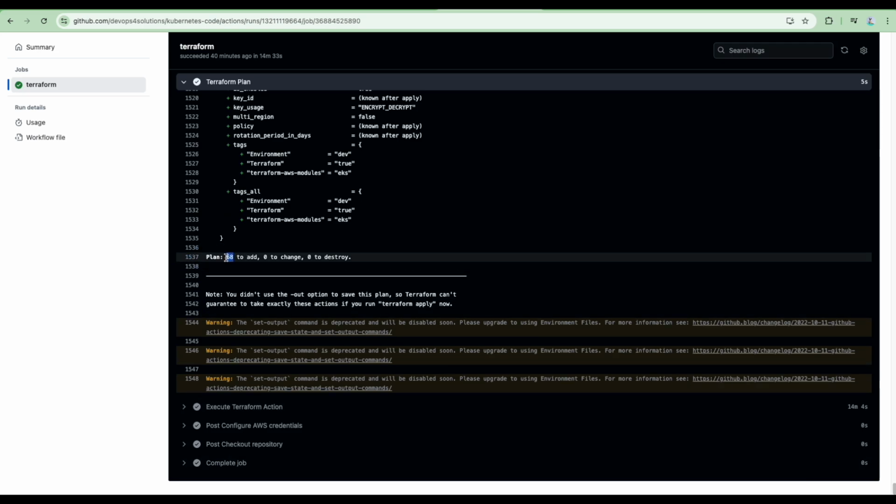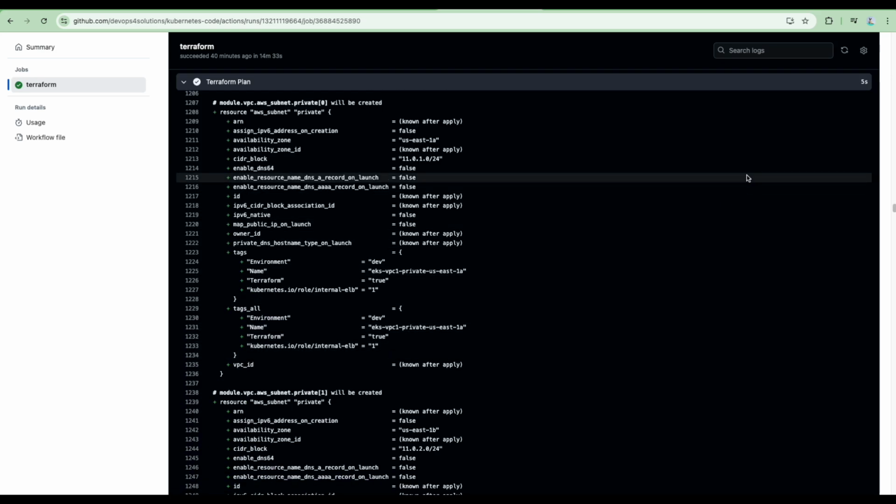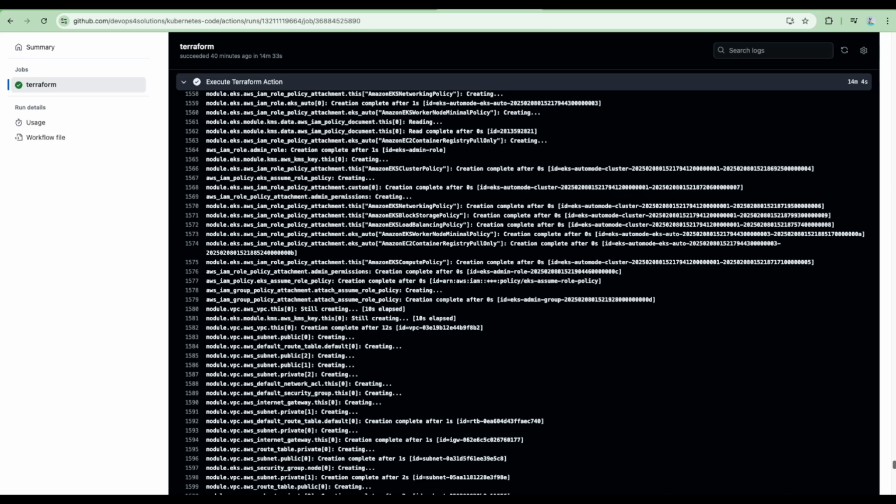This is where IAC is very important these days, because you are creating a lot of resources in the background, and it's very important that you use IAC, because if you do everything manually, there are high chances that you will make a mistake. That is the reason IAC is getting more popular, and then it just gets applied there. So here you can see the apply of the changes.